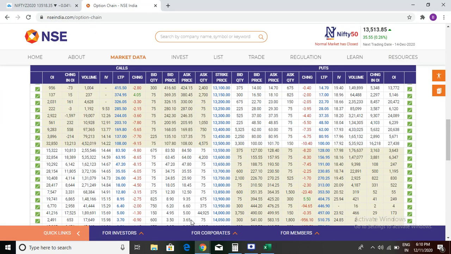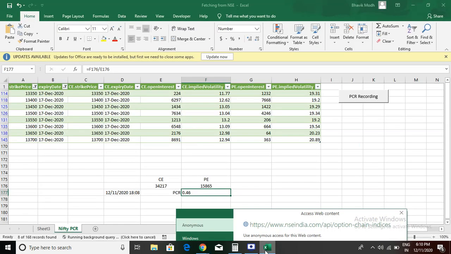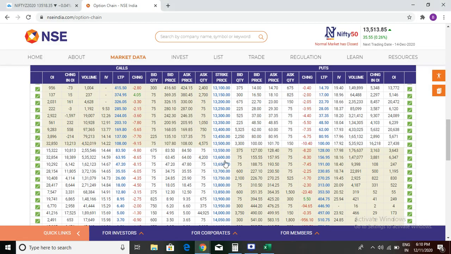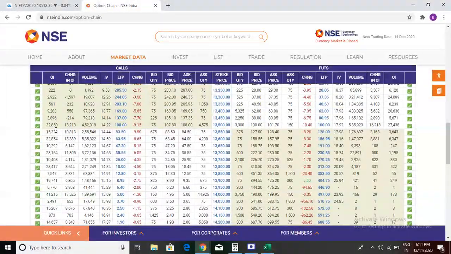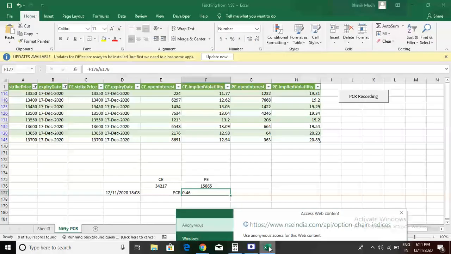Okay, so you can use this in stocks, but see, stocks are more volatile, so you have to choose 10 strikes or 5 strikes or more than this. A stock can move 4%, 5% anytime, but an index cannot move like that anytime. I hope you understand what I'm talking about. So try this kind of PCR. Don't waste time calculating the full PCR. If you are an intraday trader, then keep checking the nearby PCR. Okay, thank you.